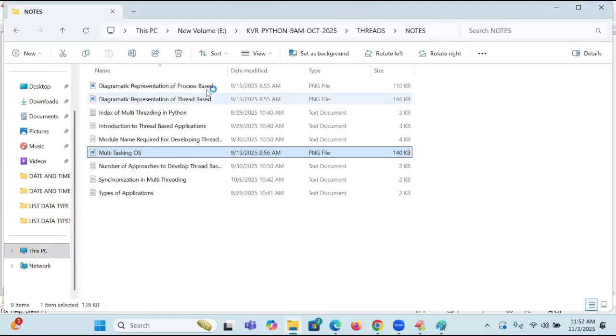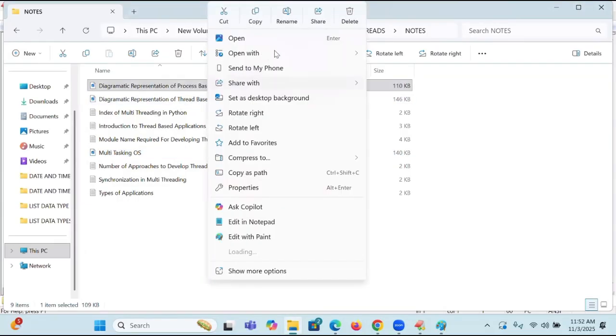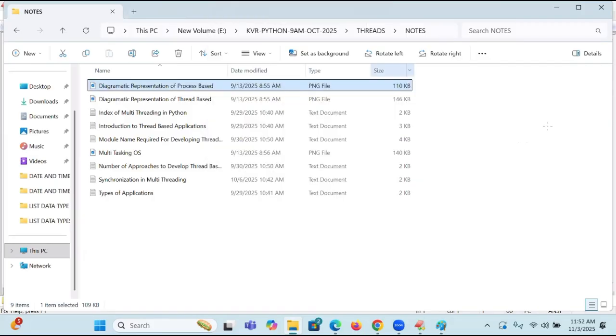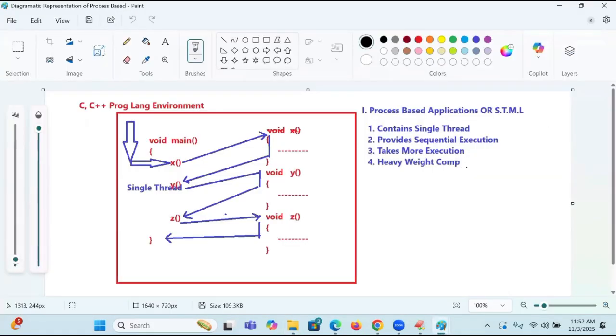I will show you process based, one small diagram. Nothing is there in the diagram, I just want to show. This is the C++ language execution environment. This is the main thread, where the main function is written. It goes to the X function, executes it, comes back, and so on.